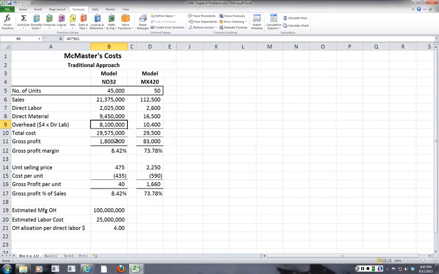So that really looks like there's a lot of costs that get allocated in that overhead to that one model or that one contract. Whereas the MX420 model didn't have that much direct labor, only $2,600. So the overhead allocation is only $10,400. And look what happens to the profit. The one that gets the biggest slug of that overhead has 8.4% gross profit on the sales, which is not very good. And then you look at the other one at 73.78%, which is huge,